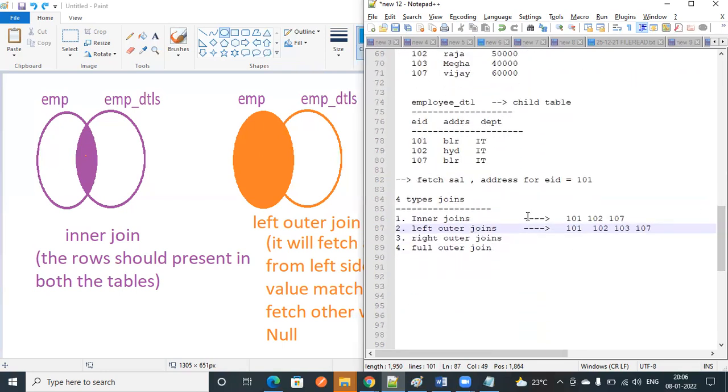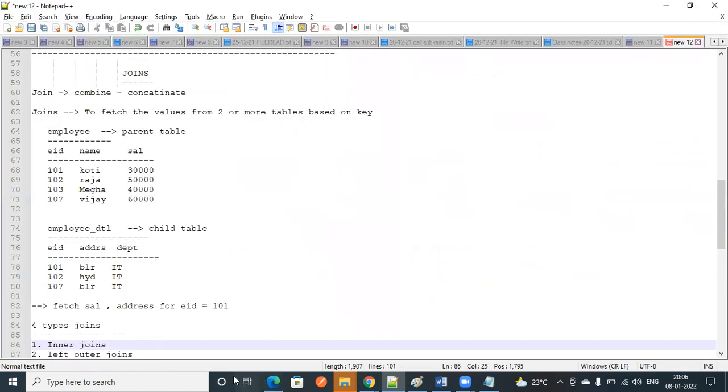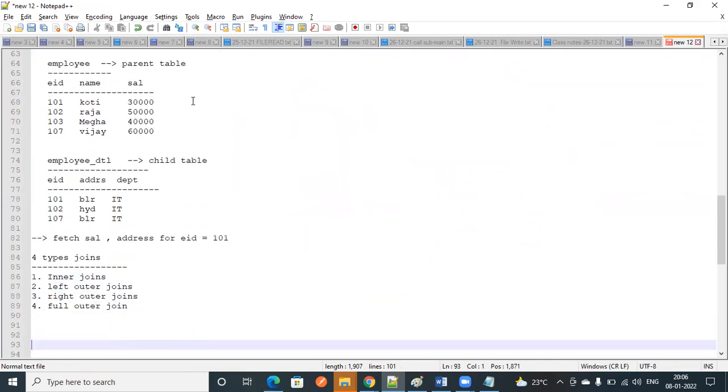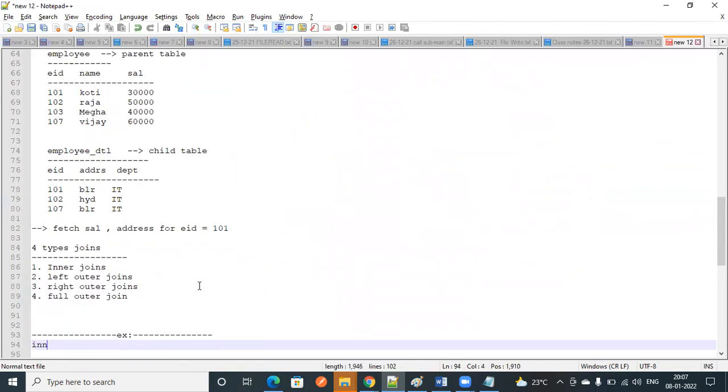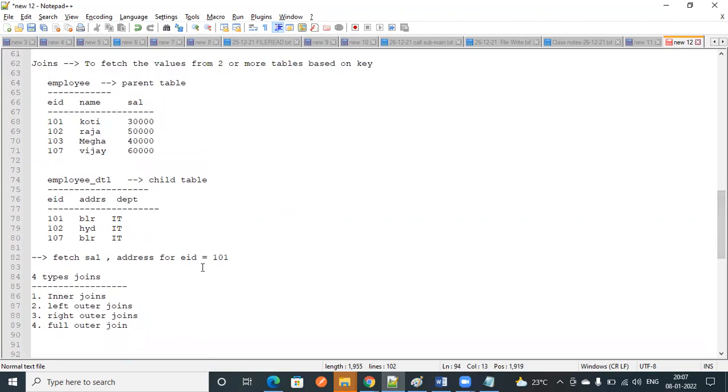I will write it like this. For example, if you use inner join, it will fetch all the rows which are present in both the tables.